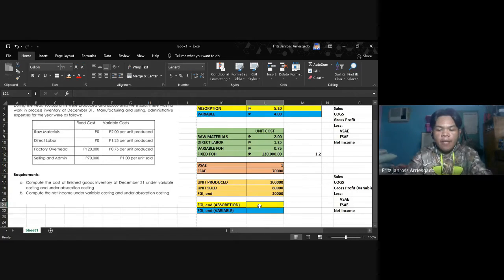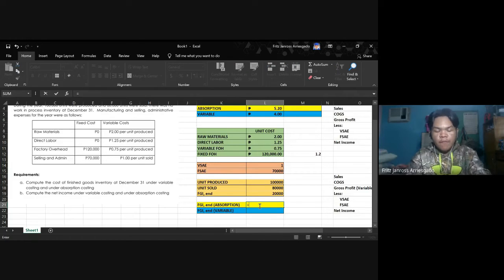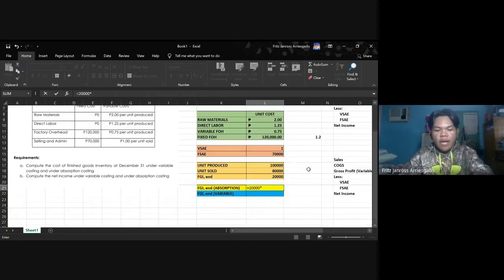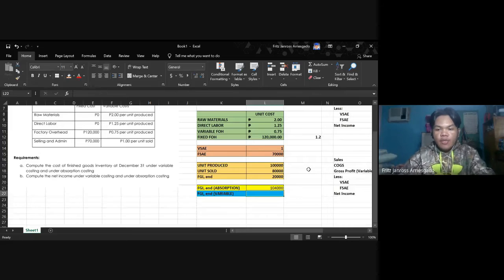So for absorption, that's 20,000 multiplied by your absorption product cost, which is 5.20 pesos. So your cost of finished goods at December 31 under absorption is